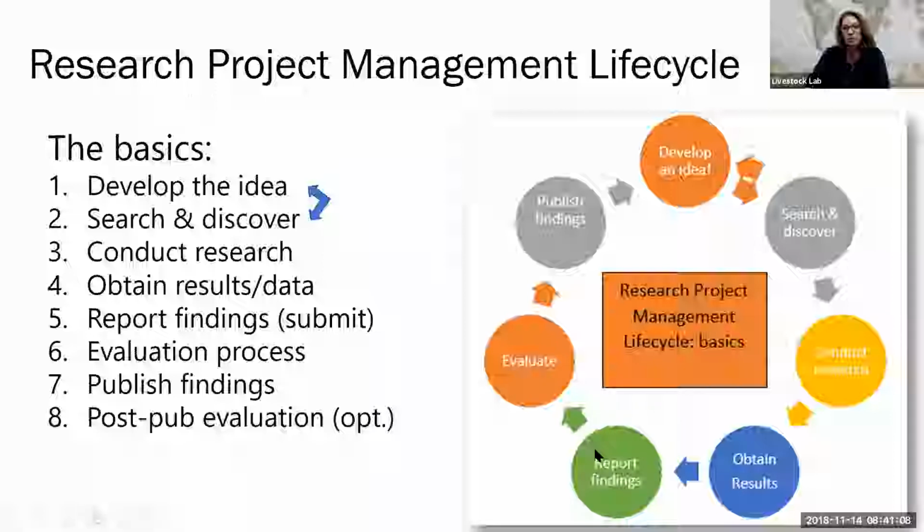So once you want to publish or submit a paper for a conference, you send it as an abstract or the paper to a journal, and then they evaluate it through the peer review process. Once then, your findings are published, hopefully, and there's an 8th step, which is the post-pub evaluation, where today transparency